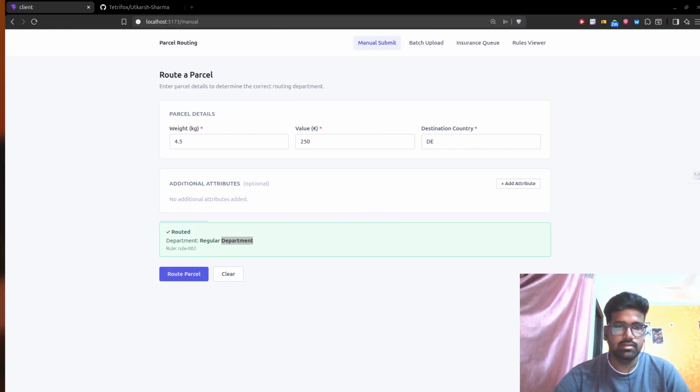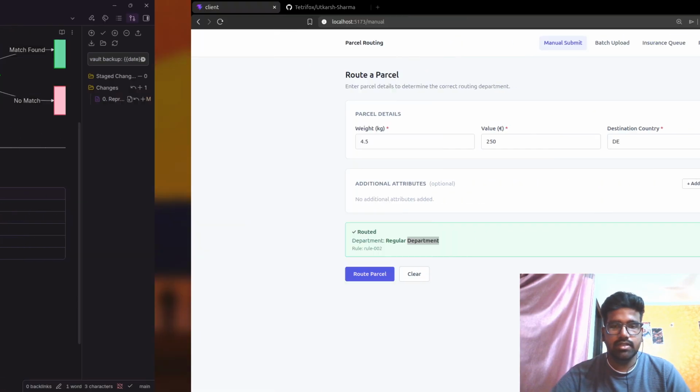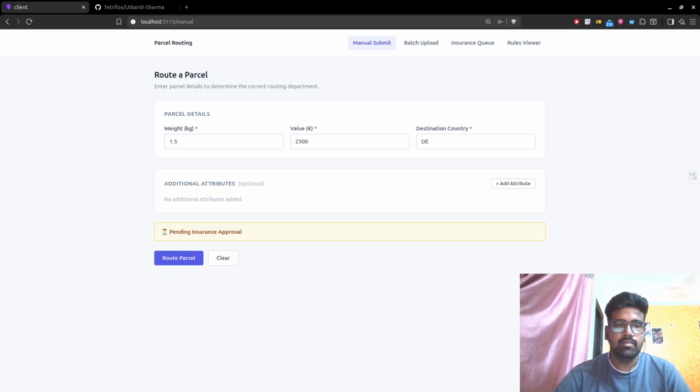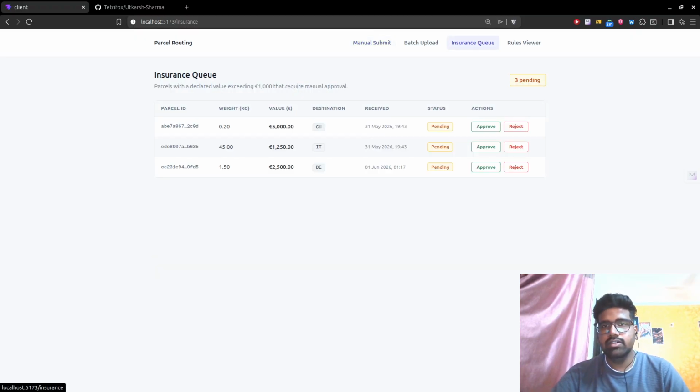So only the price should be greater than 1500. Yeah, so you can see it shows that pending insurance approval. And if I go into my insurance queue, these are some earlier data that I used while testing the application. If it wasn't,